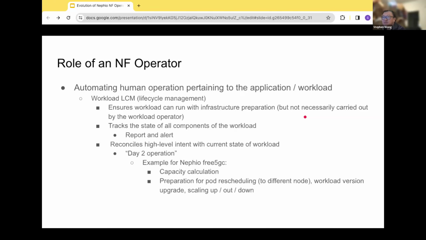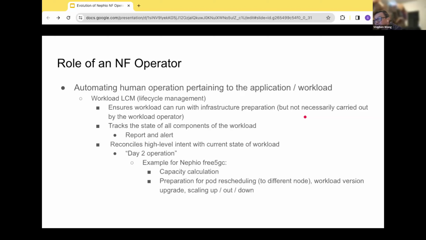Unlike the 5GC, most commercial UPFs have more than one pod, so you need to make sure all the pods are running. And that's vendor specific: what does it mean that all your components are good? There may be some validation mechanisms that you have as a network function vendor, and then you're supposed to report an alert. Obviously, using Kubernetes, I would know if all the pods are up and running, but whether or not this is functional is something that only a vendor can decide. And that logic should go into the operator.